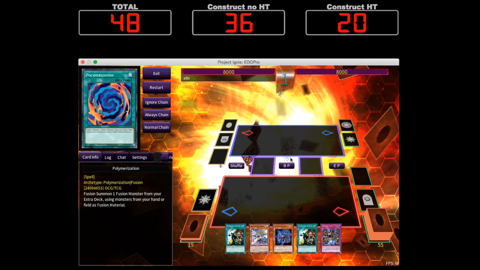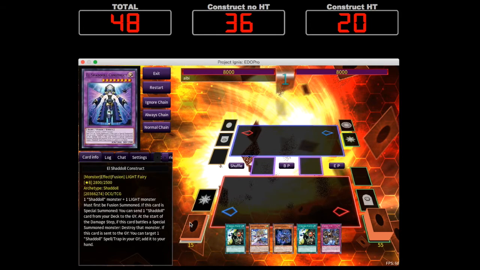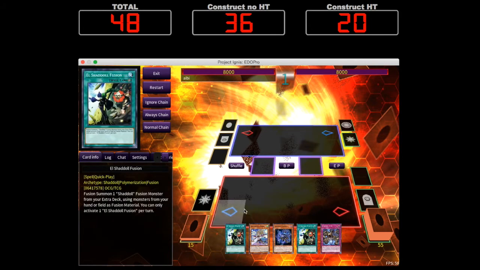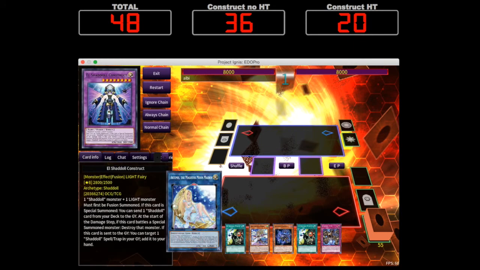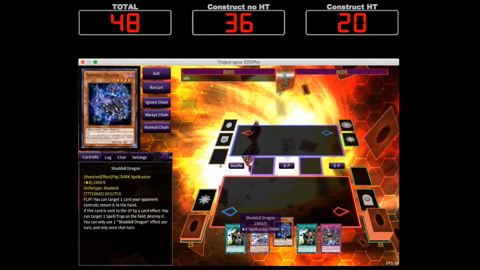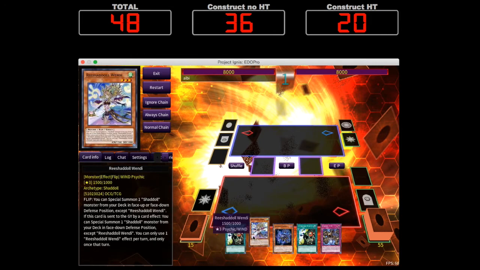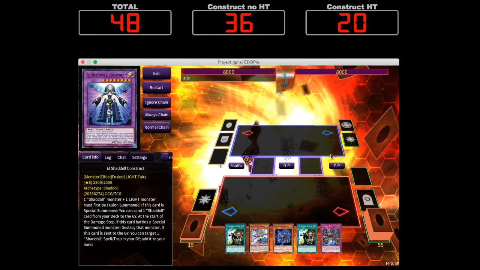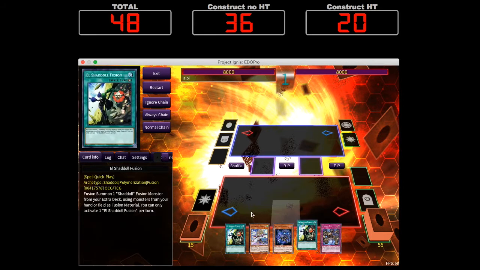Here we miss the light target. So you see, one option would be to use the extra deck, for example, by putting the Magistus link. You can summon, for example, this guy, who the dragon is a spellcaster, then you summon the link Magistus, that is a light, and then you can fuse. But we are not running the link Magistus in our extra deck because the space is tight. So in this case,